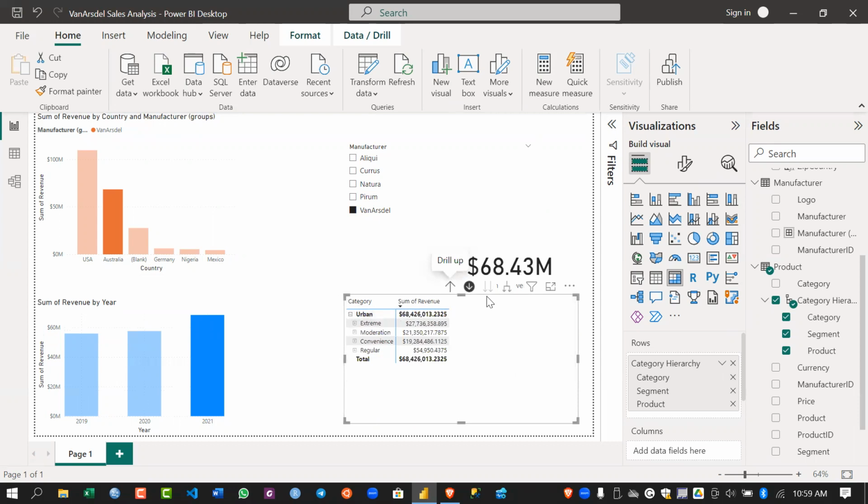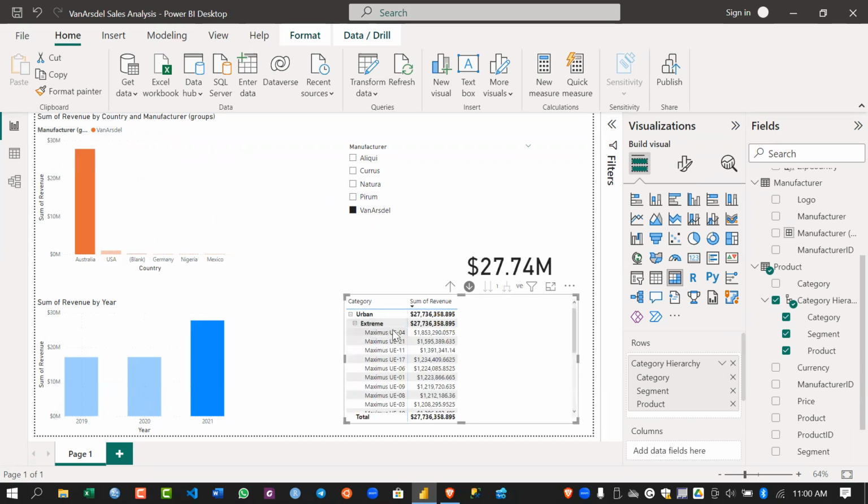I'm going to go back up. So you can see that the most performing segment here now is the extreme segment. So products under the extreme segment is the performing segment under urban for Australia 2021. So if you also want to see the performing products under extreme, you can see what is the